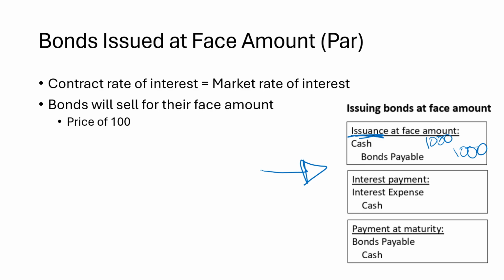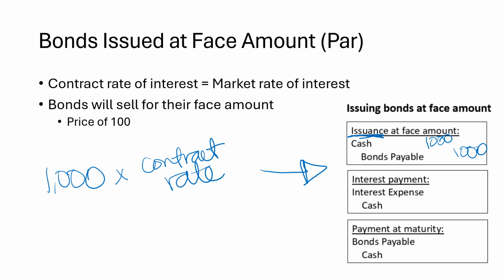As simple as that. Then for the regular interest payments, you just record interest as you would with any other expense. So a debit to interest expense and a credit to cash. And you will calculate the interest expense based on the face value of the bond. So for example, face value is $1,000, and you would multiply that times the contract rate. And that's how you get either the annual interest amount, or if it's every 6 months, whatever increments those are